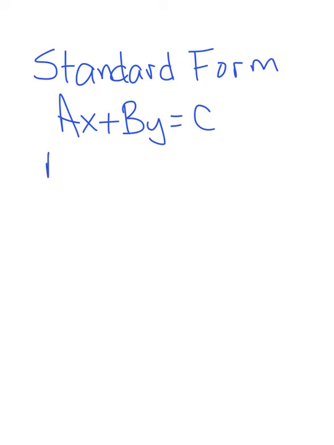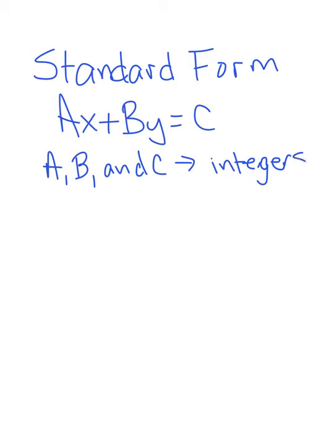And in this form, we're going to say that a, b, and c must be integers. So just to remind you, integer means that they're not going to be decimals or fractions. They're going to be whole numbers or their opposites. Something else to remember is that a is generally accepted as being positive when it's written in standard form. I've seen it written both ways, but most of the time when we say standard form, we're wanting the a